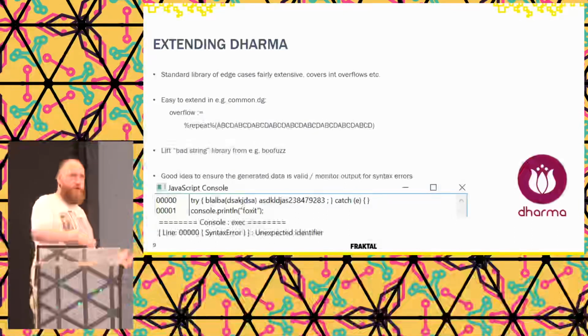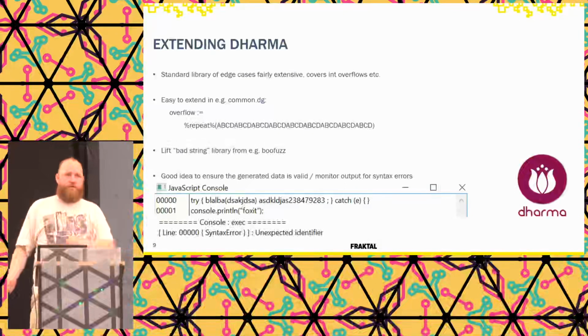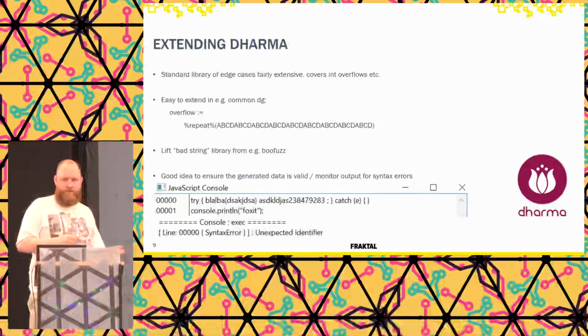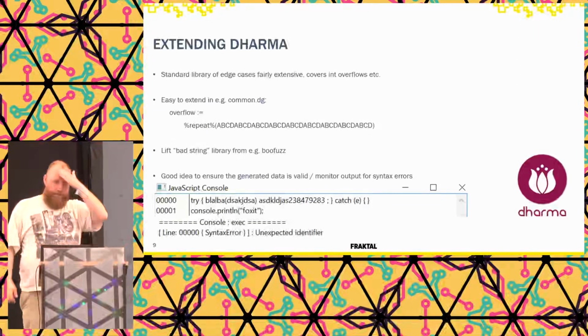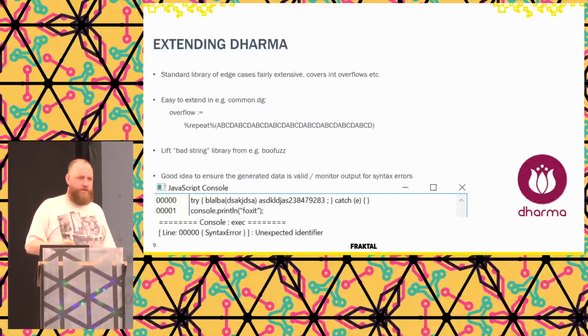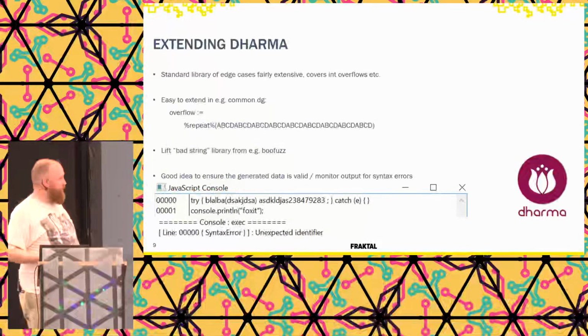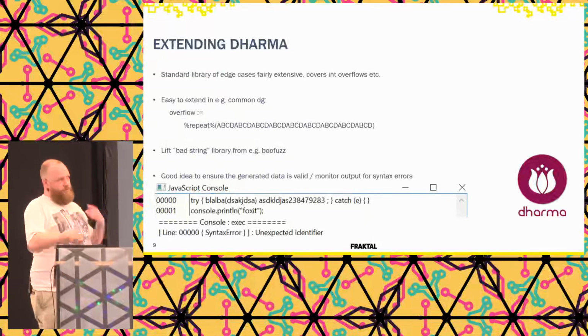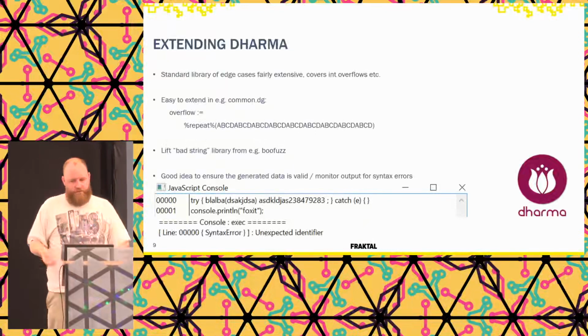So even if you happen to write a grammar file which is exactly identical to the guy next to you, if you extended some of the badness library, you have a chance of finding bugs that he won't find, right? You can steal the bad string library from something like Boofuzz, and I think that one stole most of it from Spike back in the day. Well, Boofuzz is the continuation of Sulley, which stole the strings from Spike. Anyway,